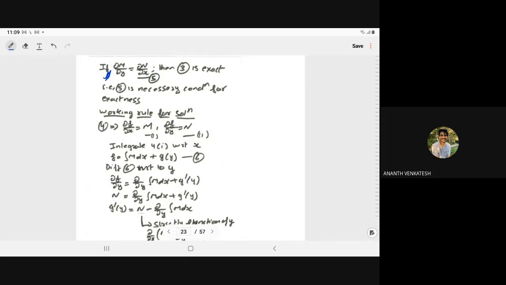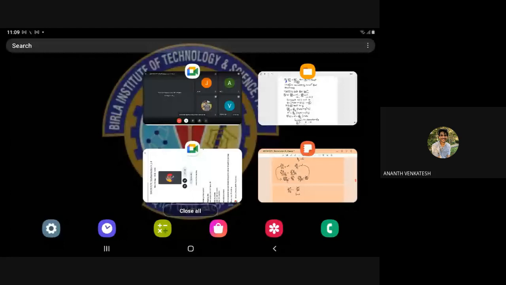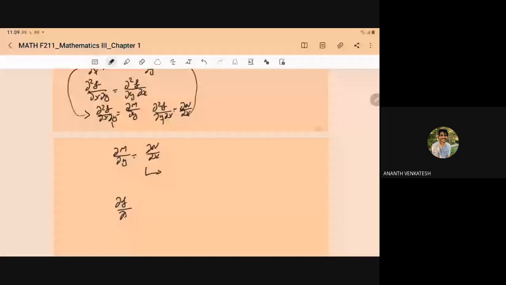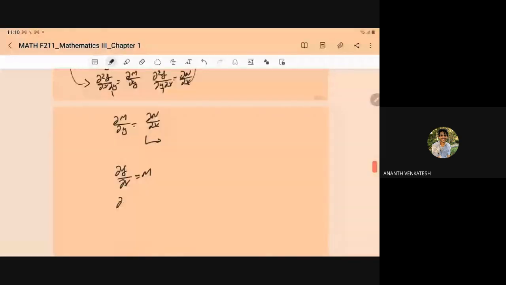If you integrate any one, let us integrate the first one, with respect to x. When you integrate with respect to x, f will come as the integral of m dx plus. Now, when I am saying that del f by del x is equal to m, it will become del f is equal to m del x. Now integrate, this will give you